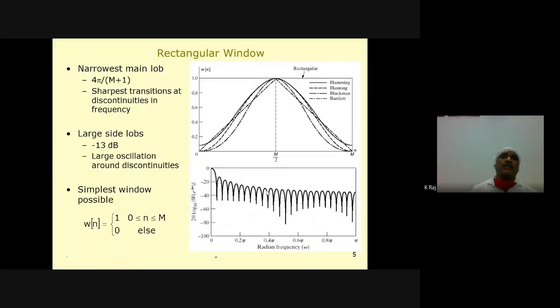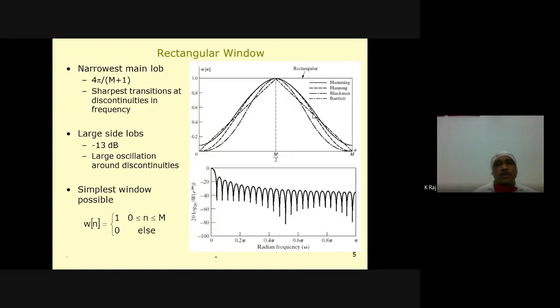Now if we consider here the rectangular window and compare it with different types of windows, the Hamming window, Hanning window, Blackman window, and the Bartlett window. As we have discussed in the previous class, we can generate the windows using the Hamming, Hanning, Blackman, and Bartlett windows, and then we can compare. One assignment was given to you, that you have to make the comparison between the different types of windows that will be used in order to design the filter.